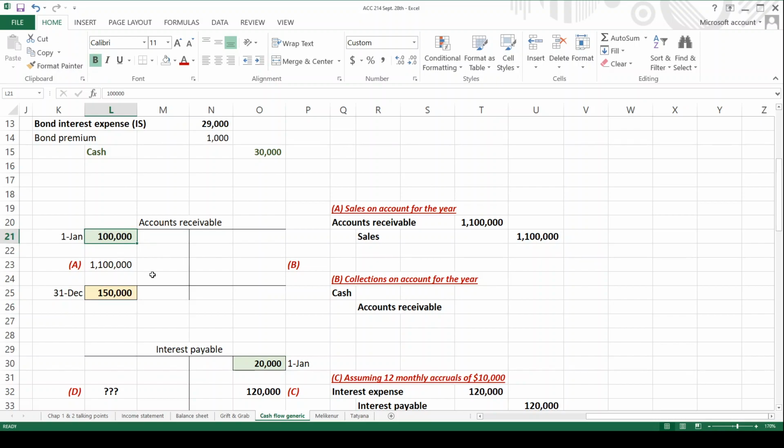So what's the chances of beginning and ending the year with the same exact accounts receivable? Answer is 0, of course. So what happened over here to make our balance 150? Well, that number must have been,